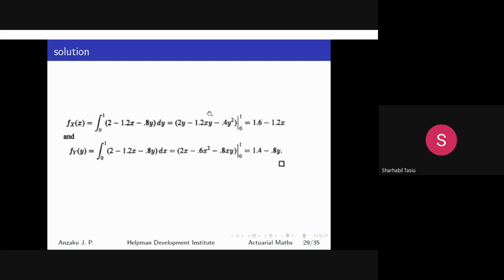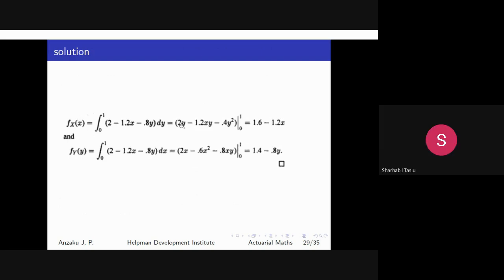So when we do that for 0, this gives us 0. For 1, this gives us 1, right? If you substitute for 0, if y is equal to 0, okay, for 1, let's start with 1. When we start with 1, this will give us 2 minus 1.2x minus 4. So then y for 0, everything will be 0, if I'm right.